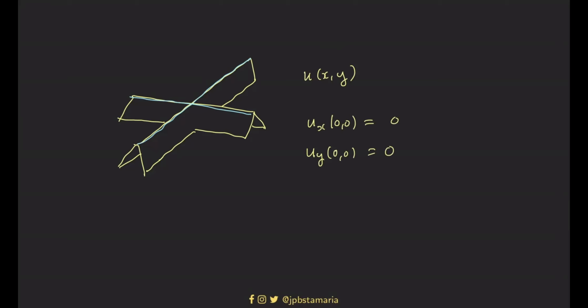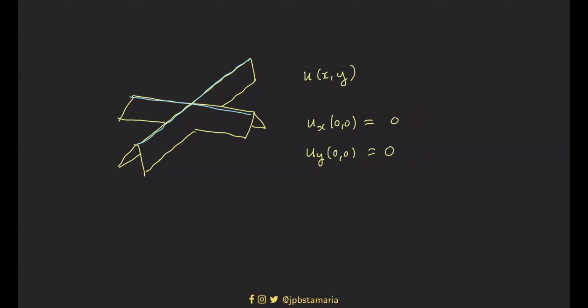if you look at the tangent lines, if you look at the slope in the x direction and the slope in the y direction, they are perfectly flat. Itong mga lines na to ay they are perfectly level to the ground. Therefore, their slopes are both 0. So this is an example of a function where the partial derivatives at the origin is 0. Pero tingnan nyo, can we say that the function is differentiable at the origin?